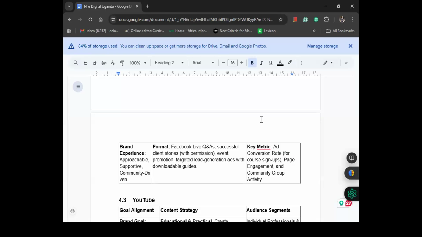Event promotion, targeted lead generation with downloadable guides. Do you get it? You can create a short content, how to set up your Facebook Live. Some of these small things give people a headache. Do you get it now? And then a key metric is how do we know we are being successful